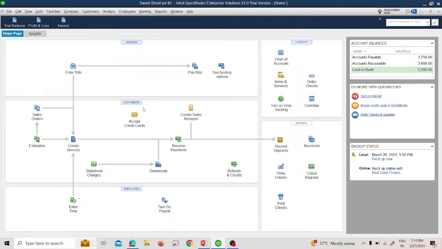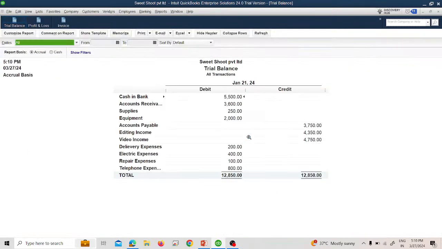Now what will happen, we will see the trial balance details. Here you will see that particular expense balance is increased, and the accounts payable balance also increased to $3750. So now when we are going to pay, the balance of accounts payable decreases of course, and parallel to the debit side, the bank balance will also decrease. Okay,